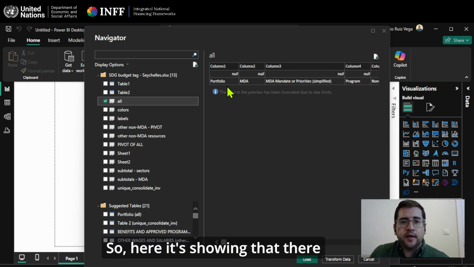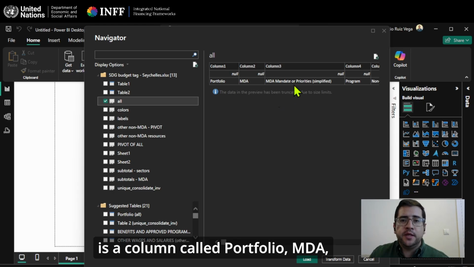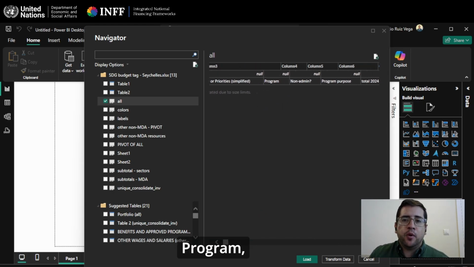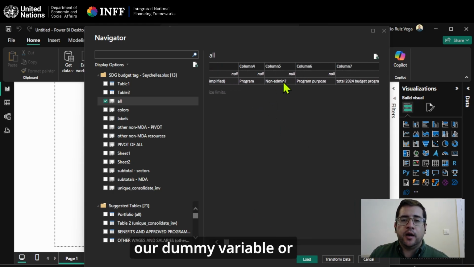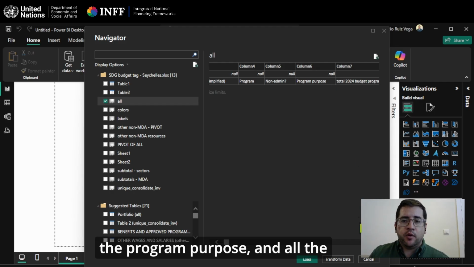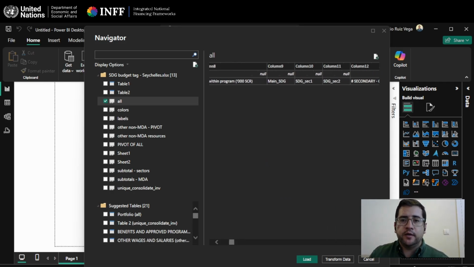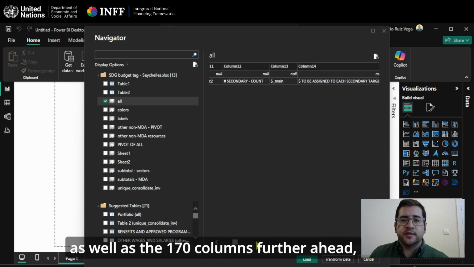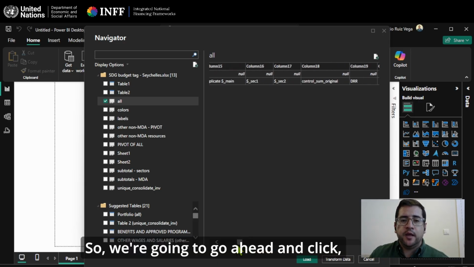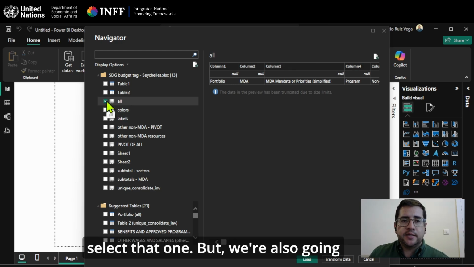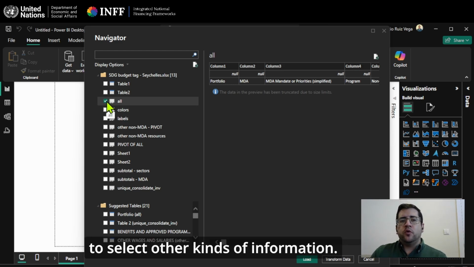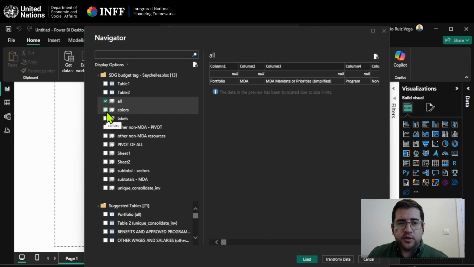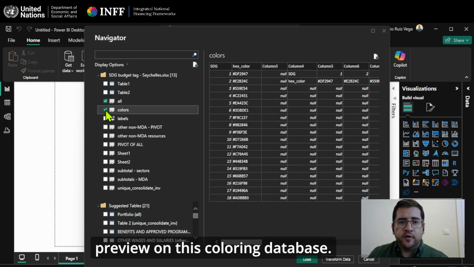So here it's showing that there is a column called Portfolio, MDA, Mandate, Program, our dummy variable or binary variable, where we can determine whether it's an admin expense or non-admin, the program purpose, and all the information that we saw before, right? So that's the kind of information that is within that file, as well as the 170 columns farther ahead, right? So we're gonna go ahead and select that one, but we're also going to select other kind of information. I want you to look at the preview on this coloring